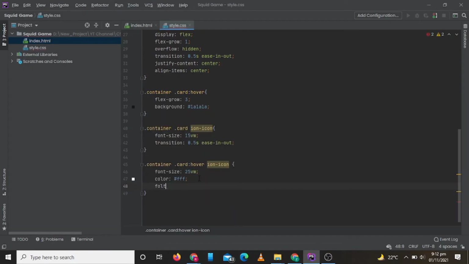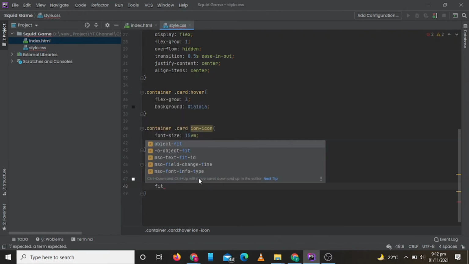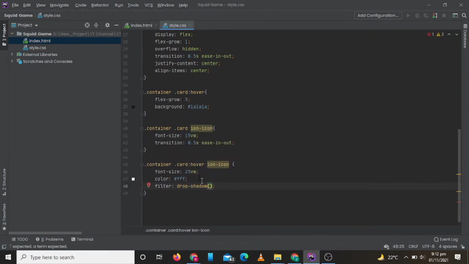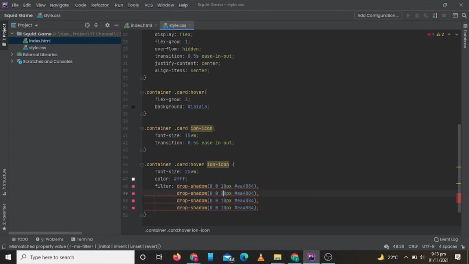Now let's add some glowing effect as well. Now let's check.